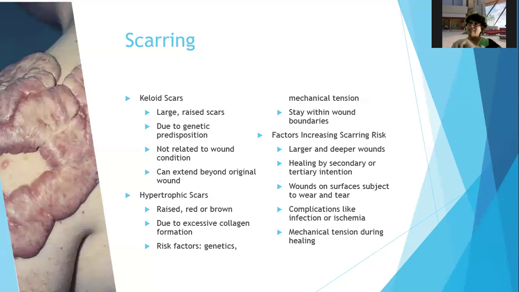Some people get nice little healed scars even with surgical incisions, and other people get big, thick, wide scars. Hypertrophic scars, that's what the picture is here, are raised, red or brown, and due to excessive collagen formation. Some of it is genetics, like you're just good at building scar tissue, and some of it is mechanical tension on the wound. It usually stays within the wound boundaries,